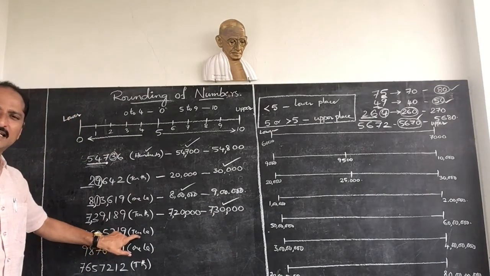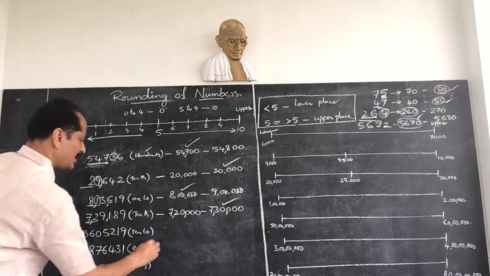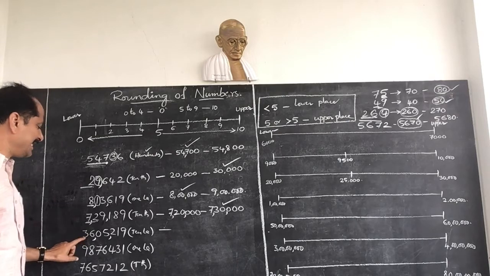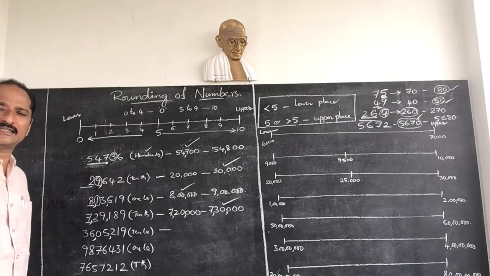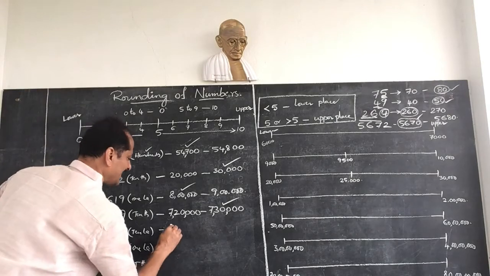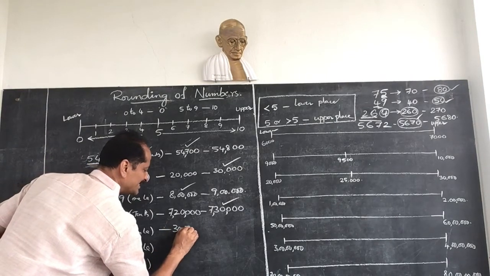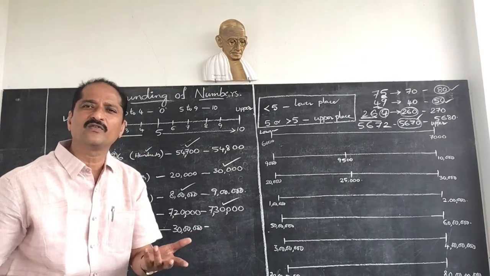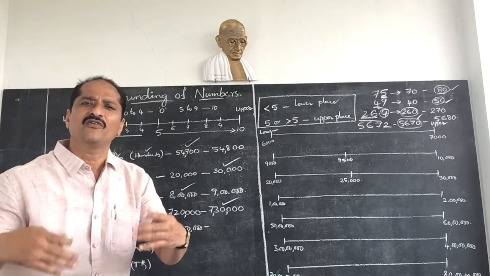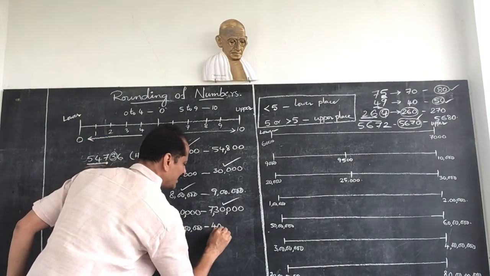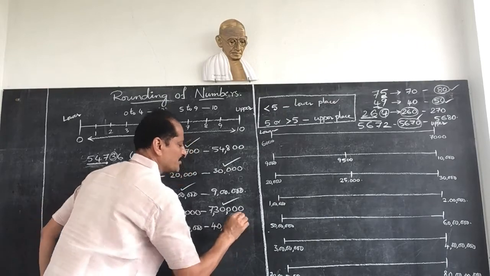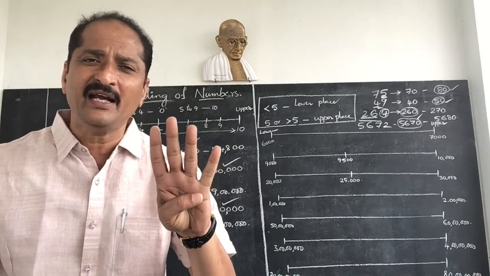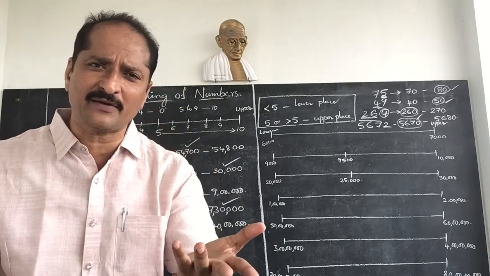So here 10 lakhs is asking. So how many 10 lakhs are there? You see, units, thousands, lakhs. 3 10 lakhs and 4 10 lakhs. 3 10 lakhs is 30 lakhs. 4 10 lakhs is 40 lakhs. So this number is in between 3 10 lakhs and 4 10 lakhs. Mari should it be rounded to 3 10 lakhs or 4 10 lakhs we have to see.